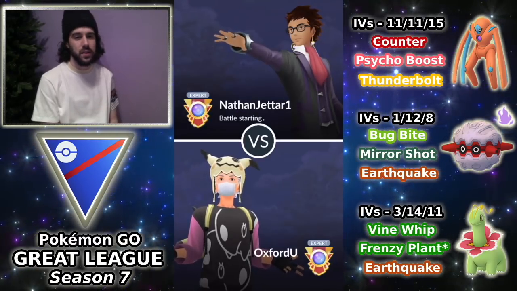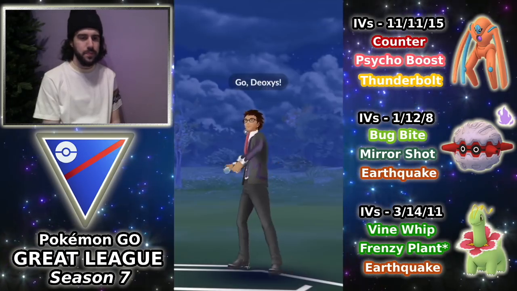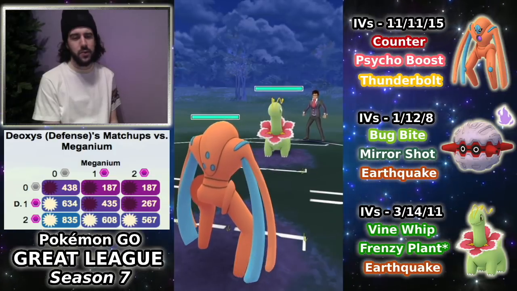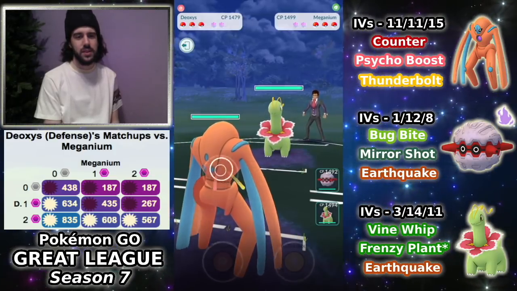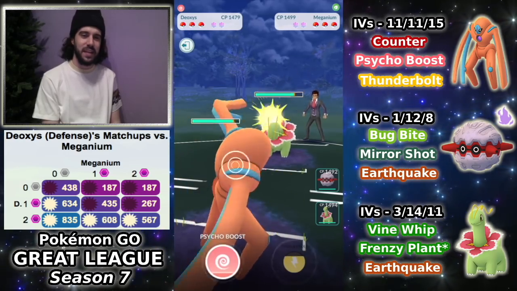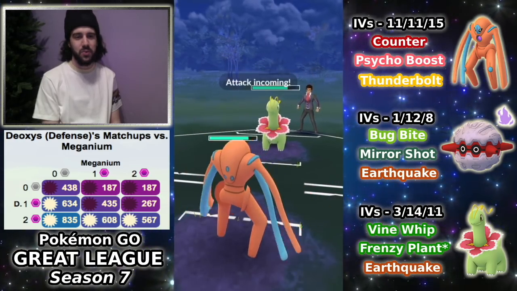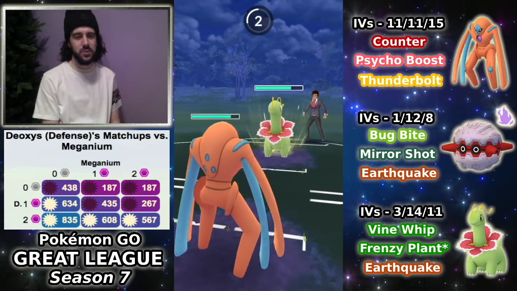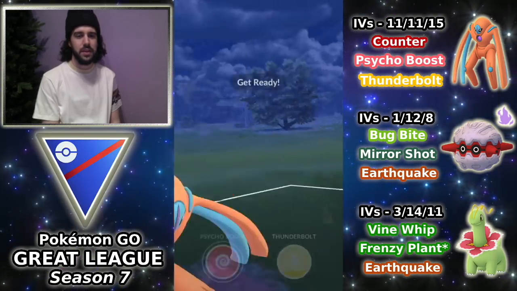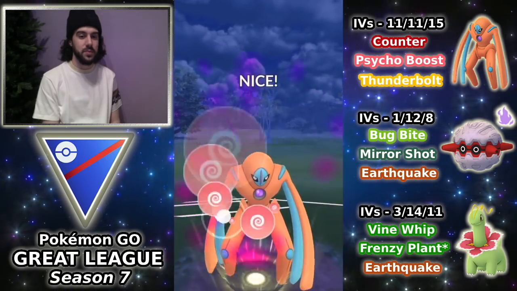Nathan Jatar here in the next matchup, who is from Brazil, so shout out to all the Brasileiros out there. We got Deoxys into Meganium, and we see some more lag here. So Deoxys to Meganium is a pretty neutral matchup overall. I guess Deoxys could win this in 2 shields, but of course with Psycho Boost it's a little bit tricky because of the debuff. So the opponent swaps onto Stunfisk to catch a smooch, which is a really nice swap